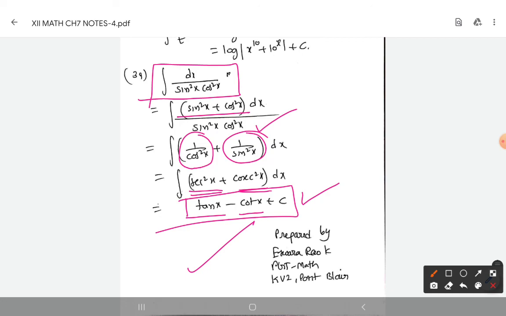Don't remember the options for the questions. You need to know the solutions for all the questions, and you will have to practice all the questions. One time is not enough. Many times you should practice. Take the reference books and do extra questions also. I am keeping extra questions in my notes also. Those questions I am giving with solutions, which means you should not copy as it is. Take the questions, revise the solution, and afterwards try to do them without seeing. That's important. Thank you so much everyone.